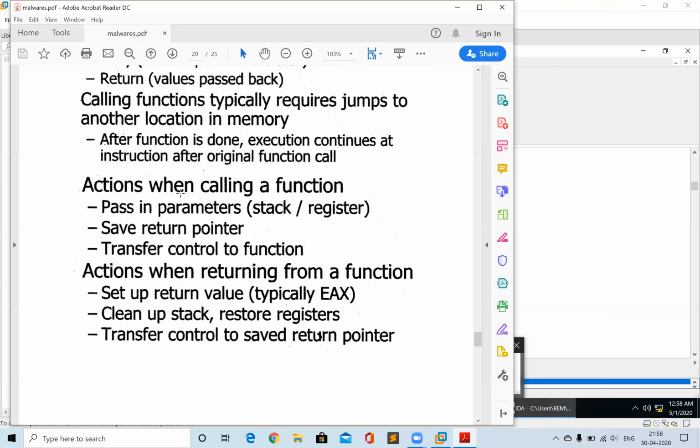Okay, and when we are calling any function, before that we are also saving the return pointer. So what I mean is that, before we jump to this function, what we will do is we will